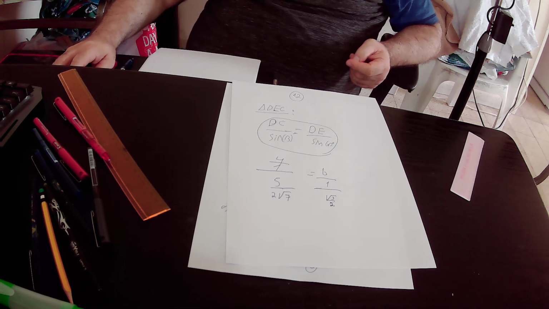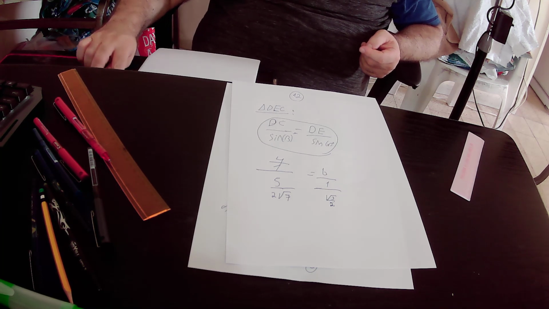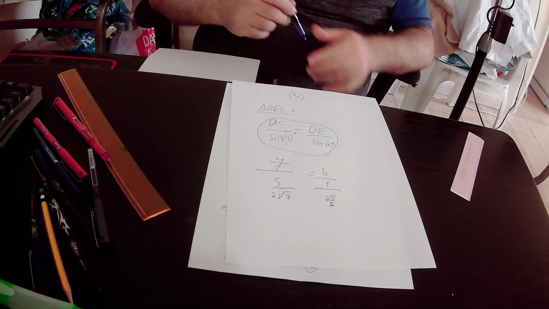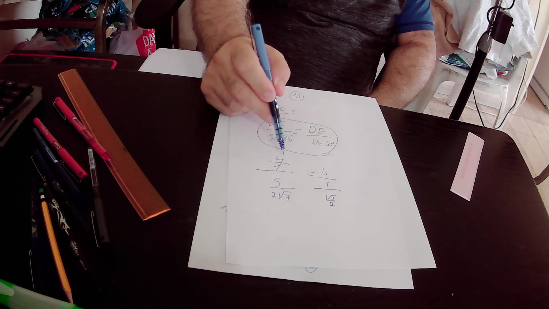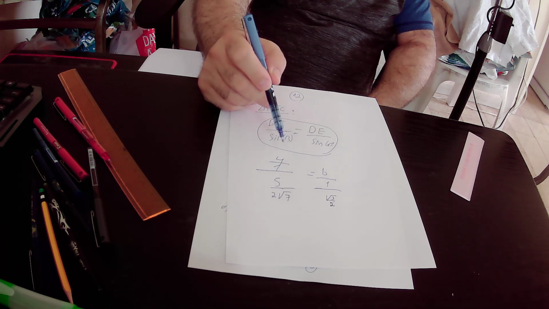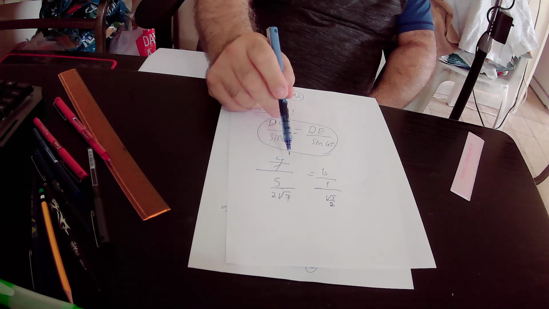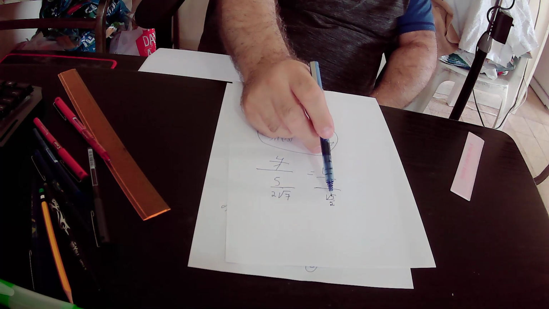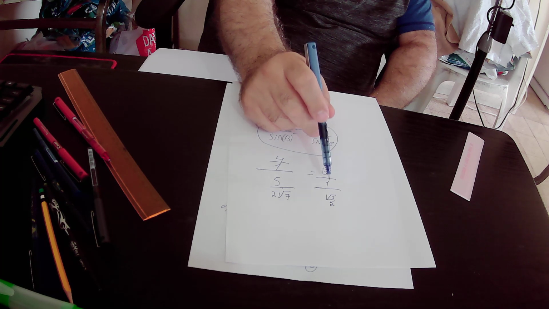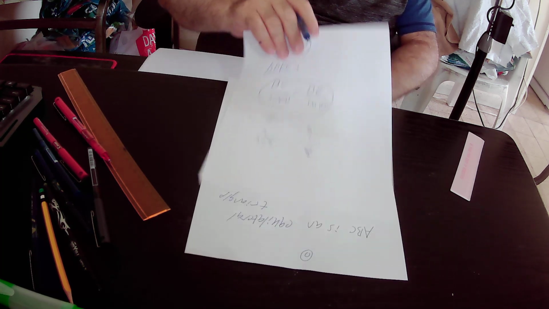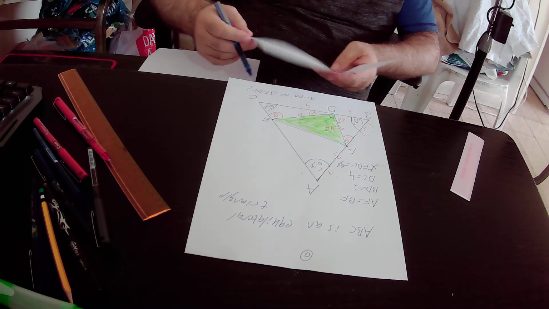So here we can do the simple arithmetic by moving 2 times root 7 to the numerator and moving 5 to the denominator, and then here we will move 2 to the numerator and root 3 to the denominator, and we will get that